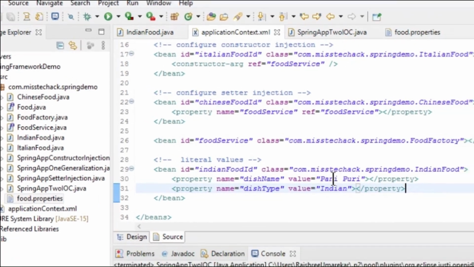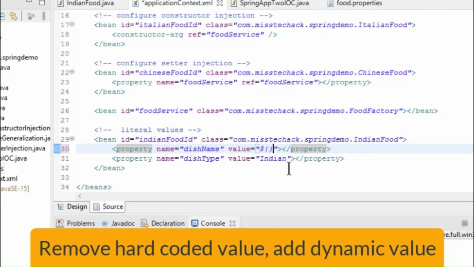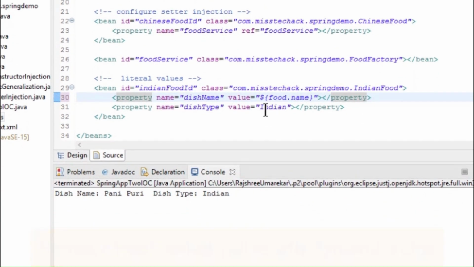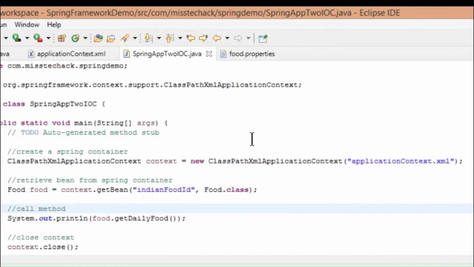Replace the hard-coded values with dynamic values by adding a dollar, curly braces, and the property name inside the braces. Save the file and run the application.